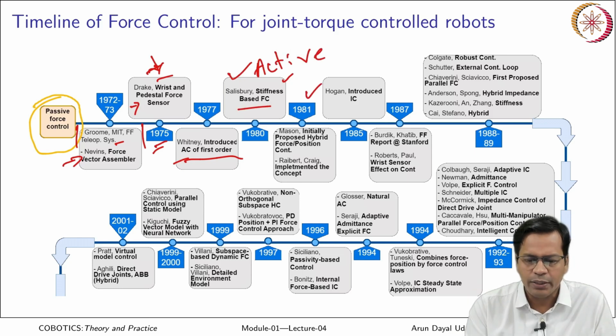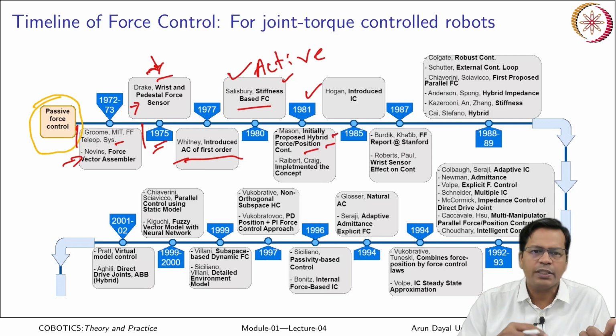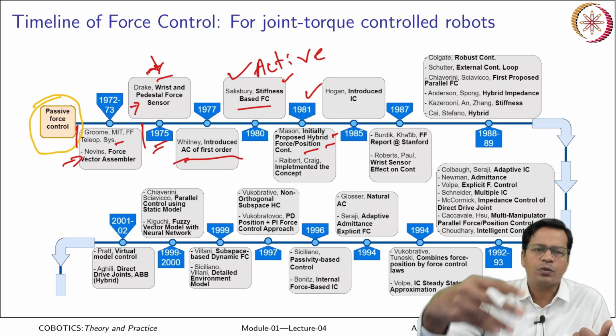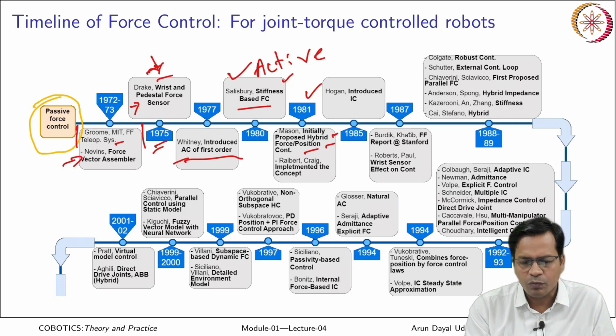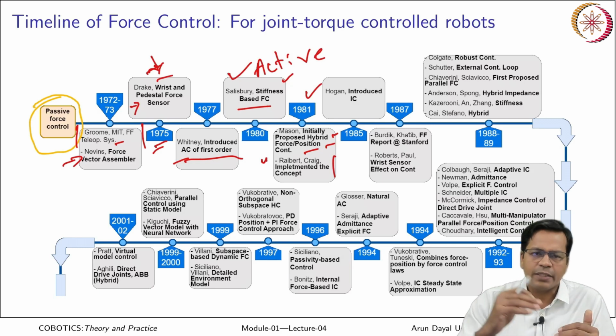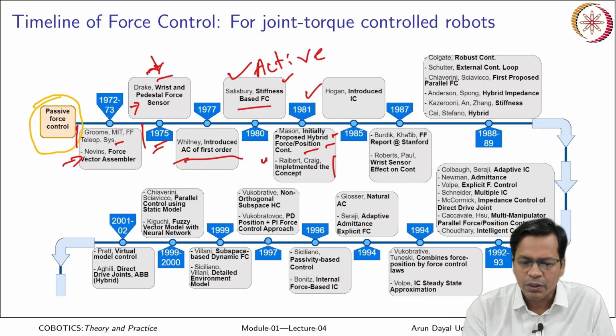And then in 81 actually Mason provided hybrid position force control, that is a hybrid of position as well as force control. Robot can go to a particular place and handle the forces as well. Again, a similar one was given by Raibert and Craig, that is there in the textbook also. He implemented a hybrid force control technique with a standard industrial robot, where he partitioned the workspace into orthogonal spaces of force and position control. That was his contribution in 1981.